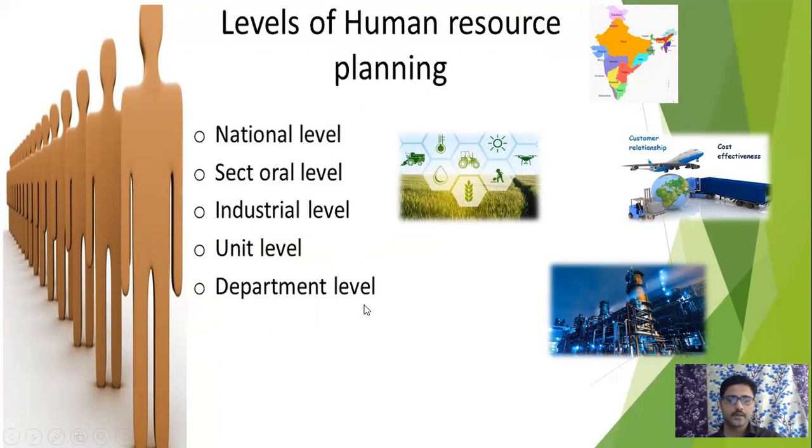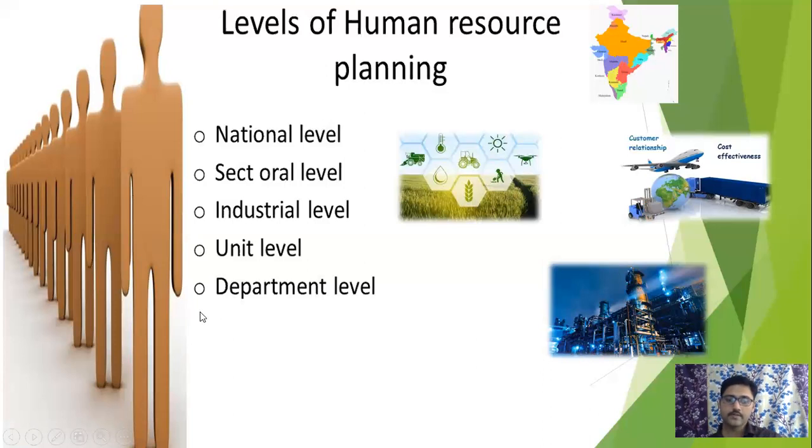And departmental level human resource planning means in a particular company, in a particular organization, various departments are there. Like marketing department, human resource department, finance department, production department, quality control department. Okay, IT department, information technology department is there. So for different departments, different types of planning are needed,